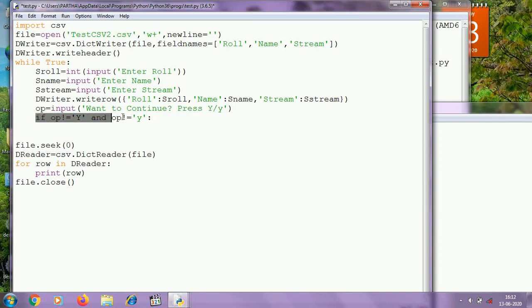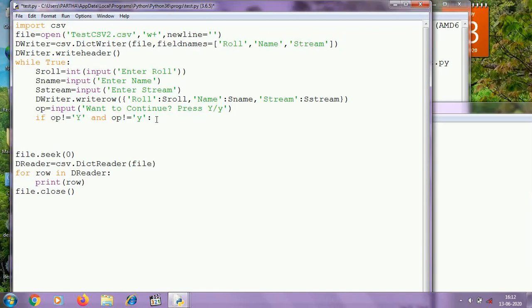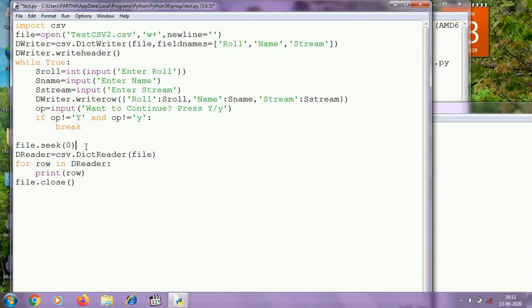Here I am checking if the user wants to continue or not. If the user doesn't want to continue, I am breaking the loop. And after that, I need to point the file pointer to the 0th byte, and using the DictReader object, I am going to read the rows one by one from the CSV file.